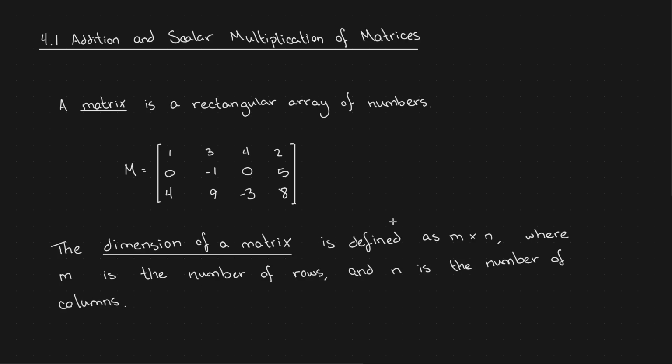So notice which number goes where matters here. The rows always go first, so rows by columns. Okay, so in our example here,